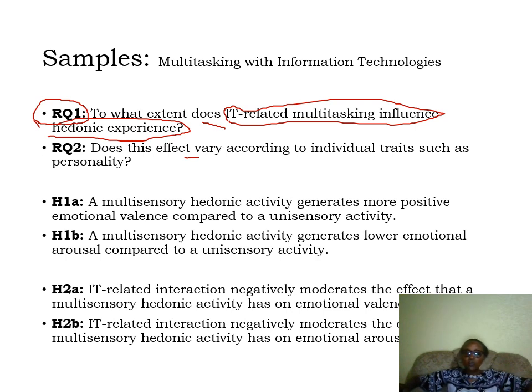So if you look at this first hypothesis, that a multisensory hedonic activity generates more positive emotional valence compared to a unisensory activity. Yeah, that's a question that begs to be verified. A multisensory hedonic activity generates more positive emotional valence compared to a unisensory activity. Positive emotional valence. Valence refers to the level at which, I don't know how to explain it, but